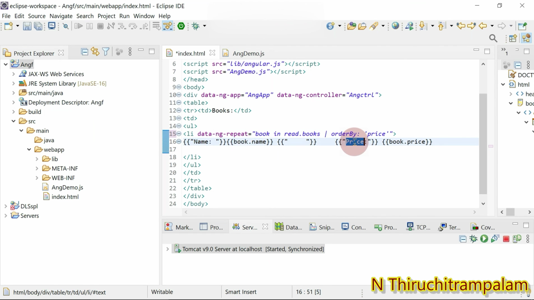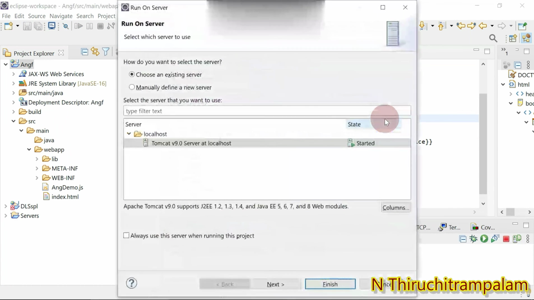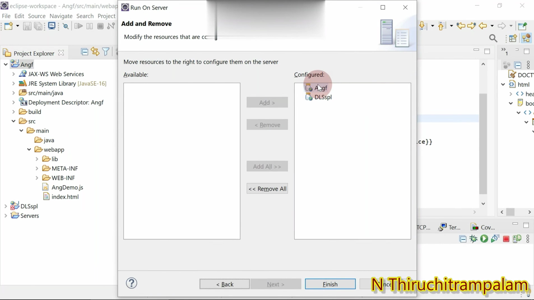After that, price colon, and then the price value would be displayed, and the array of objects will be ordered based on the price key value, because we have used the filter pipe character along with the order by keyword. So let me run this. Alt Shift X R, and then I select the application ANGF, and that's it.